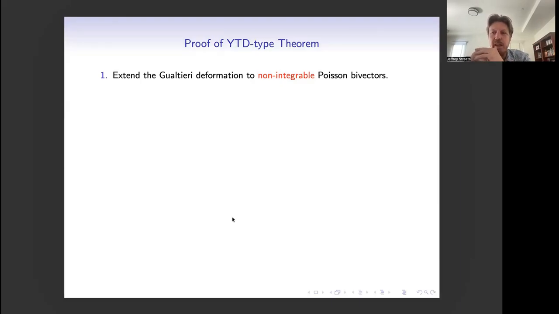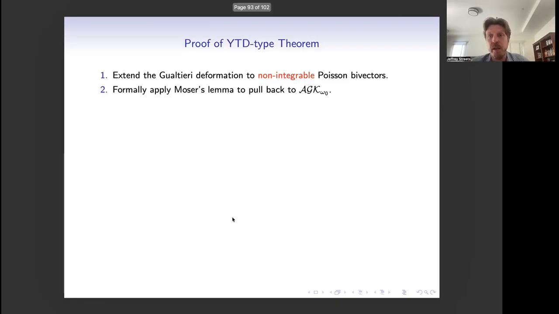So we can't really expect to do some analysis directly on the space of Poisson tensors. So we kind of just have to release the Poisson condition and just look at bivectors, like holomorphic bivectors in the right space. Again, it's really the Poisson condition that's giving it all this subtle singular structure. So we just remove the Poisson condition and then we prove a version of this Gualtieri deformation